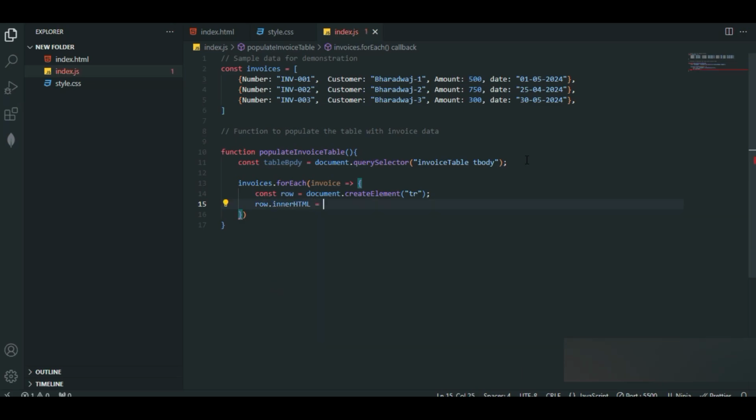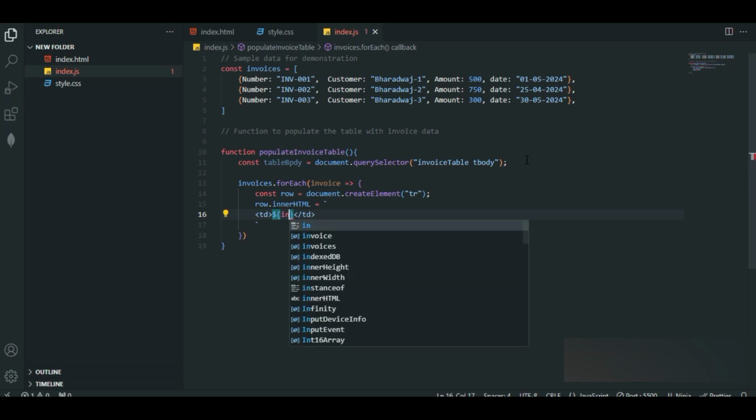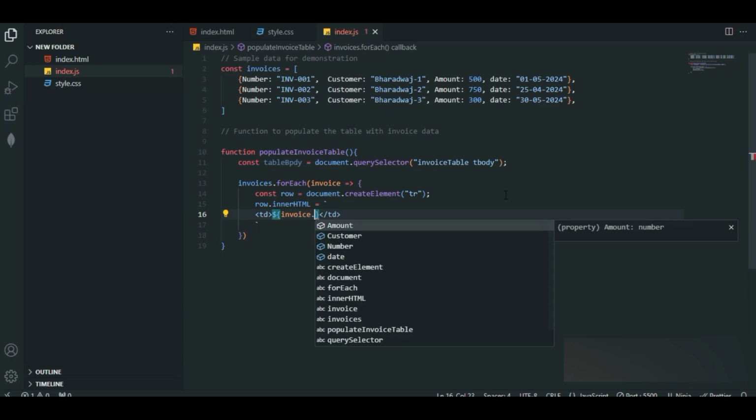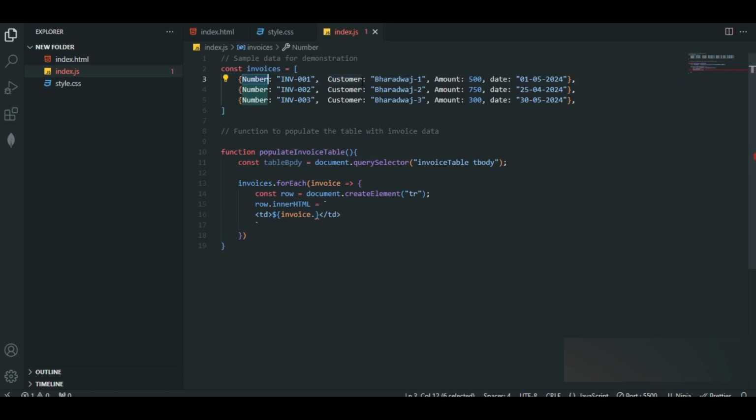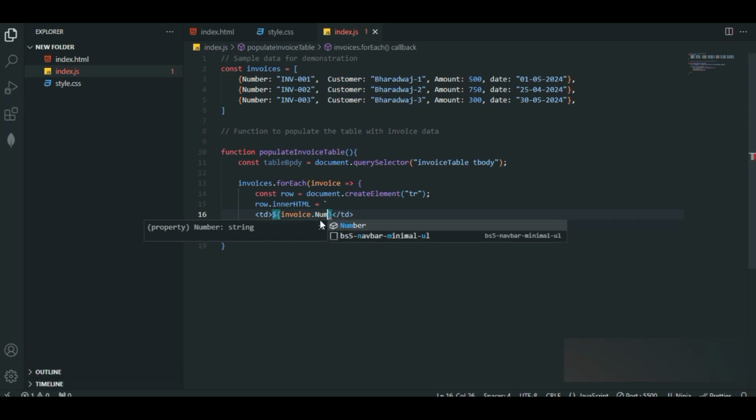So yeah, next, innerHTML within the backticks, I'll just be making use of td, right? So I'll just take this one will be invoice.number, right? So number, we have considered number, customer, amount, and date. So this one would be invoice.number. Same thing, I'll just copy this one